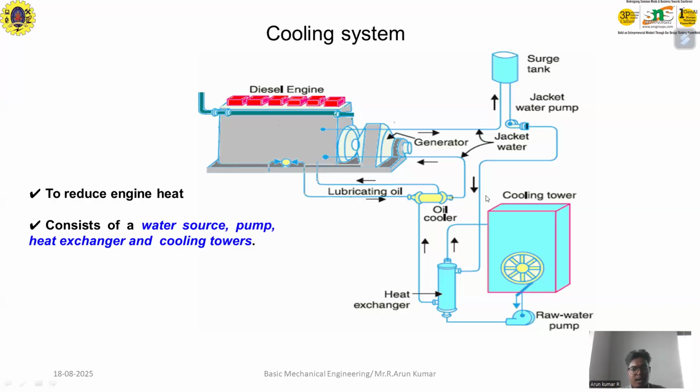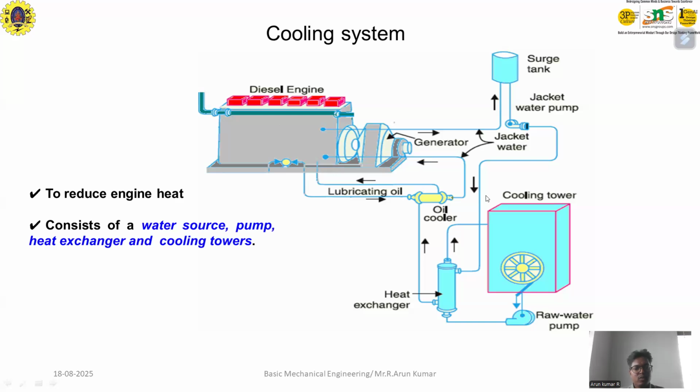Good morning. In this lecture series, we look at another type of component that can be used for the diesel power plant. The next system is the cooling system. This is another part of the total engine. The purpose of the cooling system is, first of all, to reduce the heat of the engine. It consists of a water source and pump, a heat exchanger, and a cooling